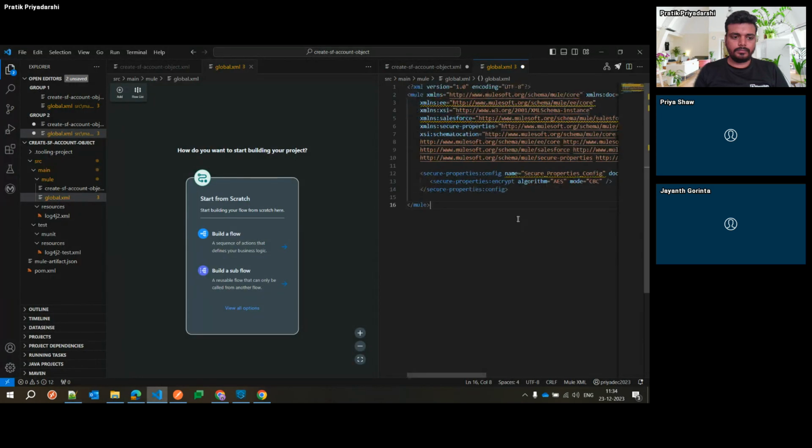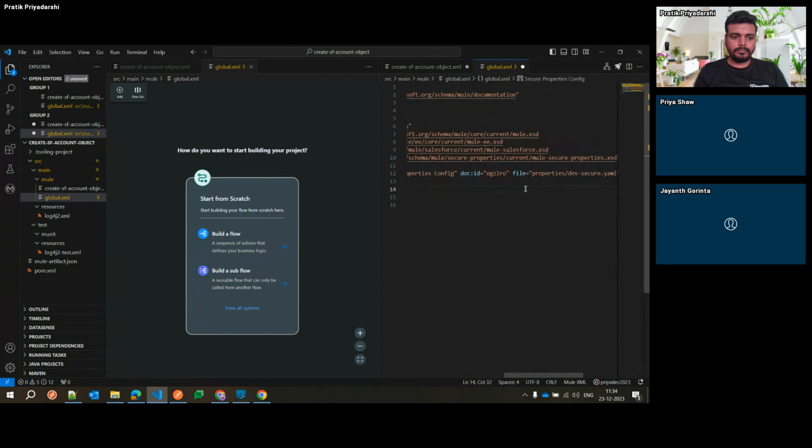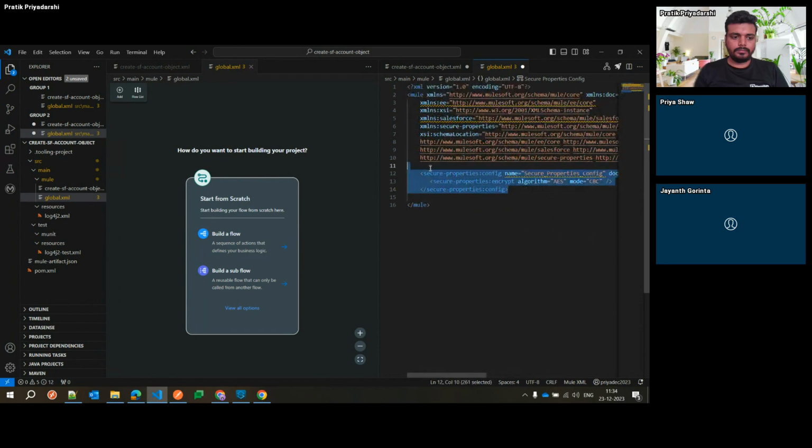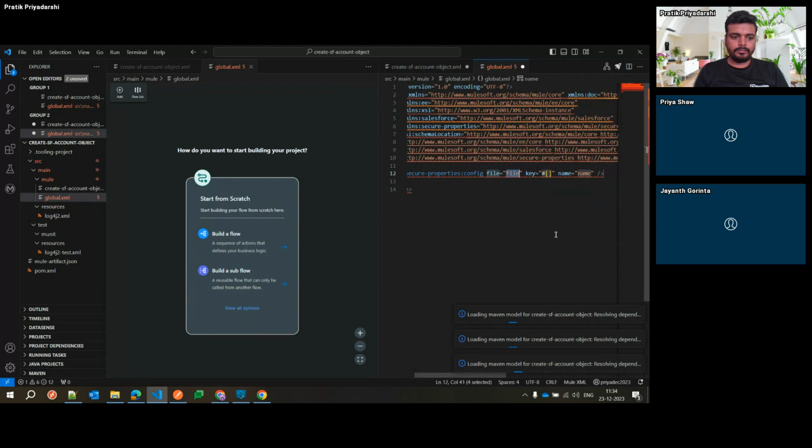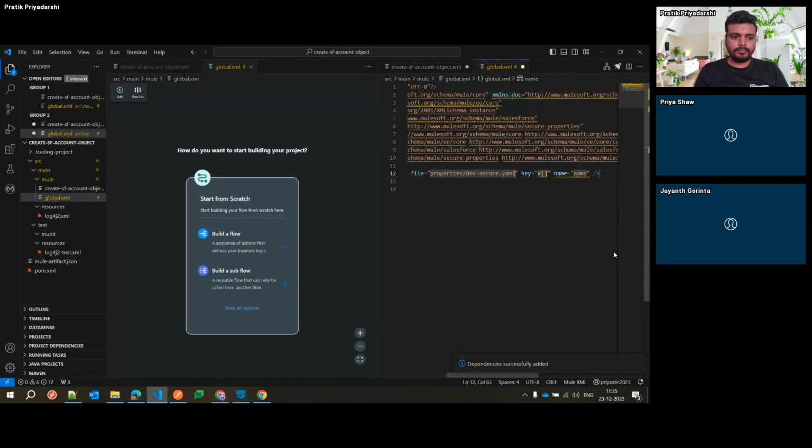So you see, I've done nothing more than this, a secure properties configuration over here. Or I mean, if you want to do it again, I can do it. It's pretty simple. I'll do secure properties configuration. It's already built in. I need to give the file name. So the file name will be properties-dev-secure.yaml, and then the key I will copy paste, and